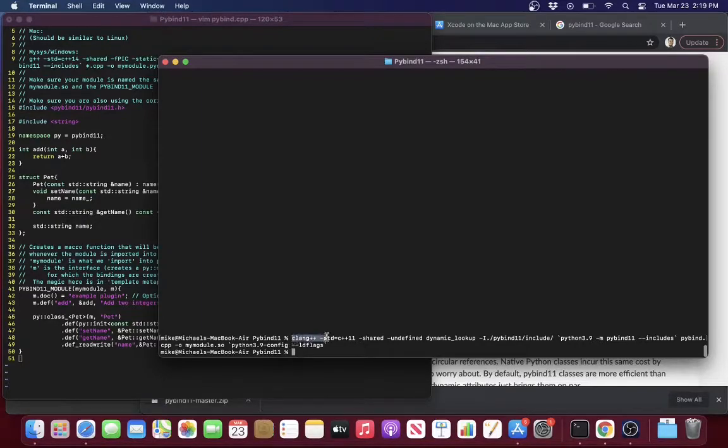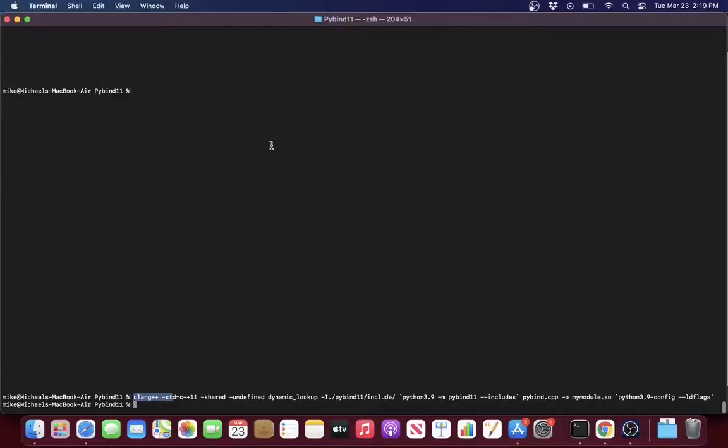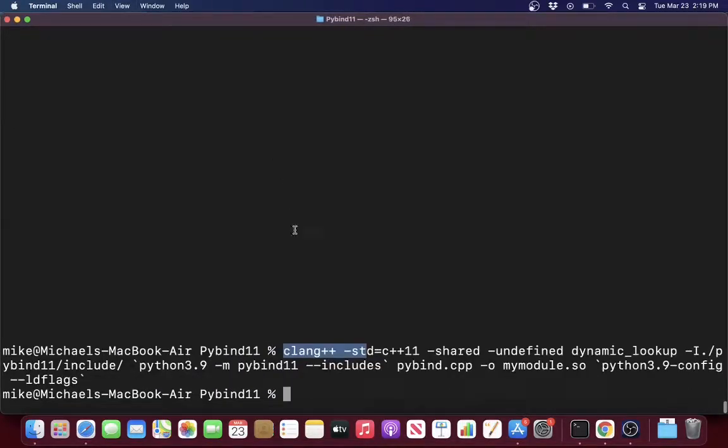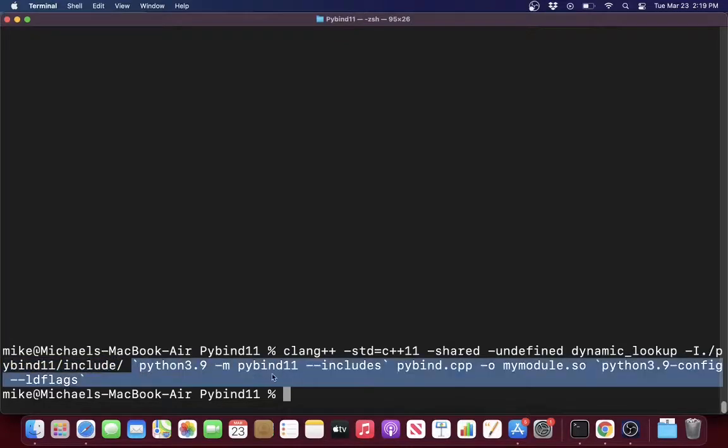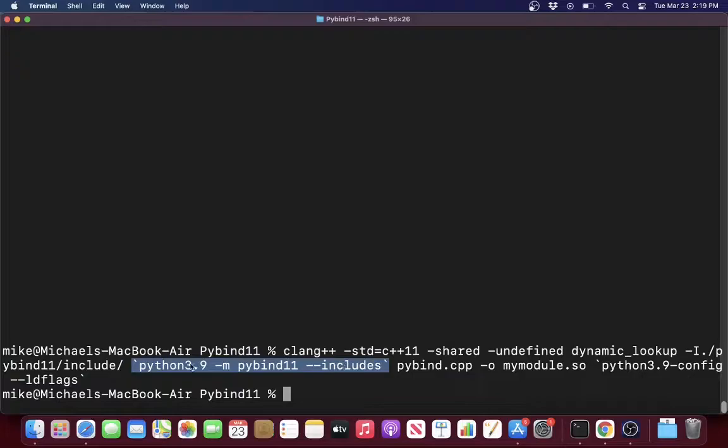So this has built our module here, and essentially what it's doing, let me make this a little bit bigger for folks to read, is we have our C++ compiler. I'm using Clang because I'm on an Apple machine. It's modern C++, and then I'm creating a shared library here. So basically a dynamically loaded library is what our module is, okay? And then you might have to include any other paths you have in your code. I'm getting this sample ready to do some more interesting graphics work, so you might have other include folders here. But then we need to also have a link to our Python, and I'm using version 3.9 here,